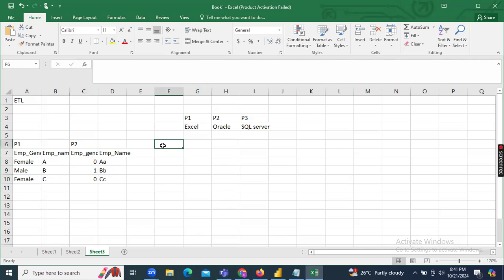And in project 3, they are using a different format. They are storing the data as employee name and their gender. They are using AAA, some names I'm just randomly keeping, and they are using just F for female, M for male. So like this, guys, they will store the data in different ways, not only a single way.